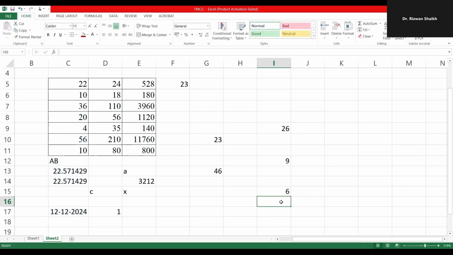See, there are only 6 cells which have a value greater than 20. So 1, 2, 3, 4, 5. And this is the cell which is again greater than 20, because the date number is also more than that, so 6 cells. I'll just highlight it again. 1, 2, greater than 20, right? 1, 2, 3, 4, 5, and 6. These are the 6 cells which will be counted if you are using the COUNTIF function. So this is the way